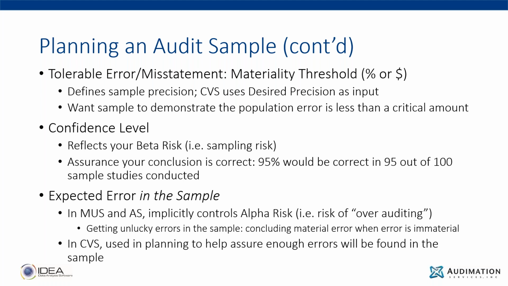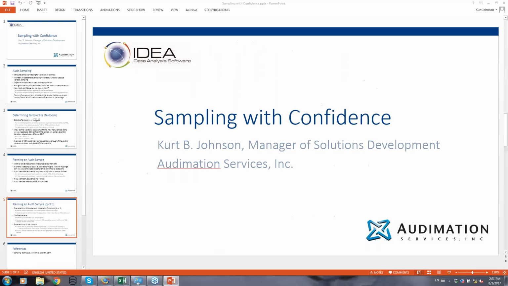But if you sampled those 5 items and you got unlucky, and one of those items happened to contain the control violation, you would conclude wrongly that there was material error when there was not. So I'll show very quickly how we can use expected error to control for getting unlucky. And in classical variable sampling, we can use it in planning to assure that enough errors will be found in